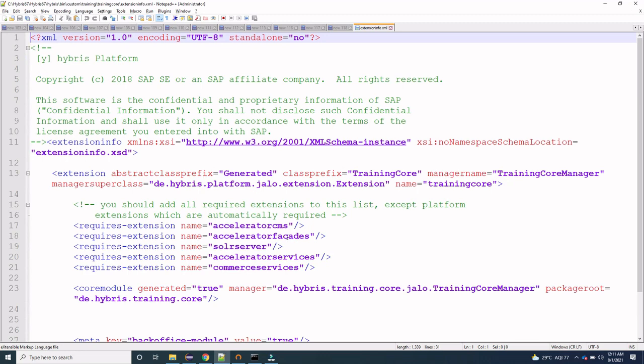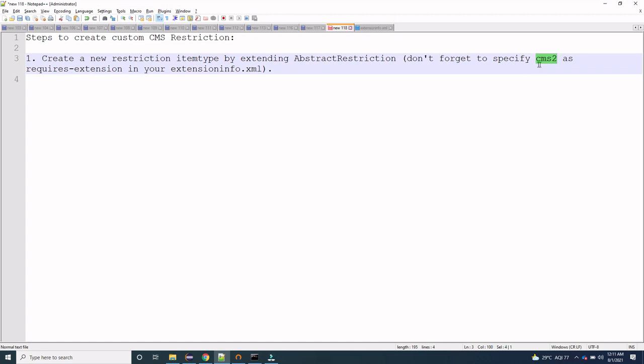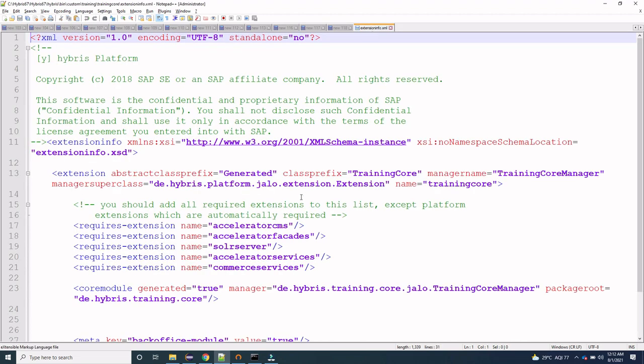then here it is mentioned that we have to specify CMS2 as a required extension in the extensioninfo.xml. But in the training core we don't have this required extension. Now the question will come to your mind, why are we not defining it in here?